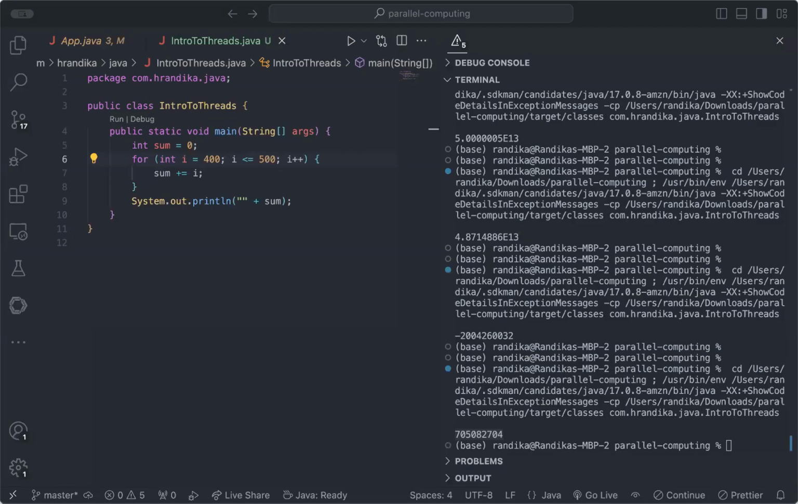Get the version of the first 500 numbers, but in 100 blocks. Let's see, we can get the summation of